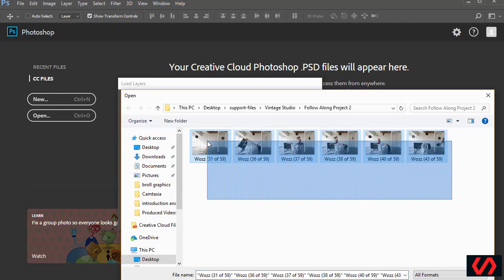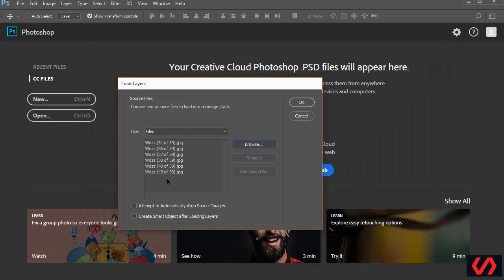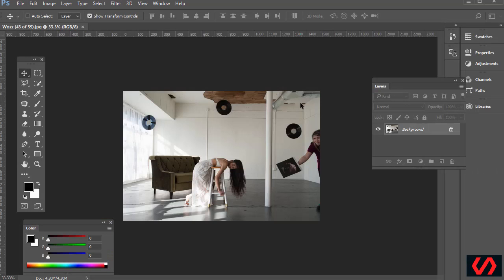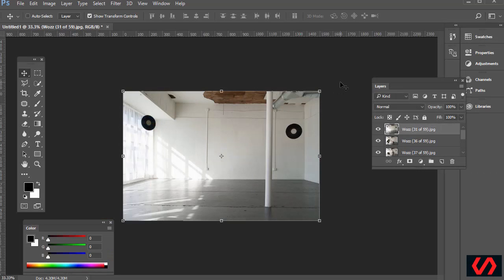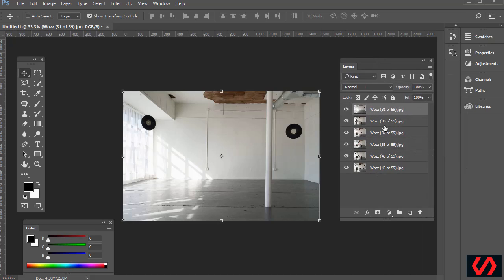So click and drag around all of those, and then press open, and we've got them all listed here. It should say 31, 36, 37, 38, 40, 43. And we don't need to have attempt to automatically align source images, so press OK. And this will go through and stack them all for us, so we don't have to go to edit, copy, edit, paste, or click and drag them with the move tool. So what you should end up with is 6 layers